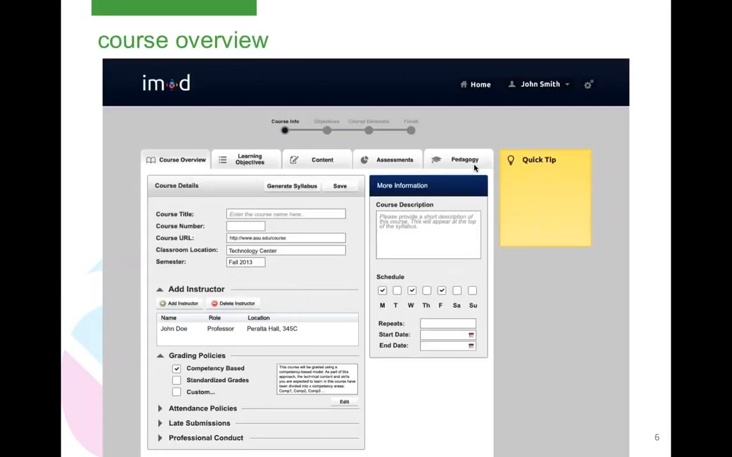So here's a UI screenshot of how the tool looks. It's basically structured into 5 tabs. And what you're seeing here on this screen is the first tab, which is the course overview, basically the overview information. And then the remaining tabs are, the second one is learning objectives, followed by content, followed by assessments, and